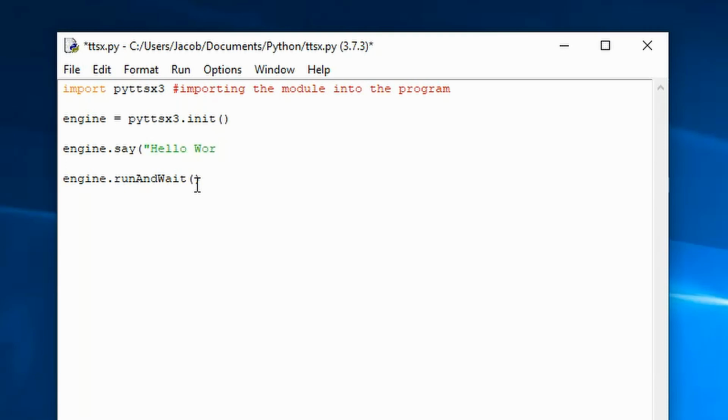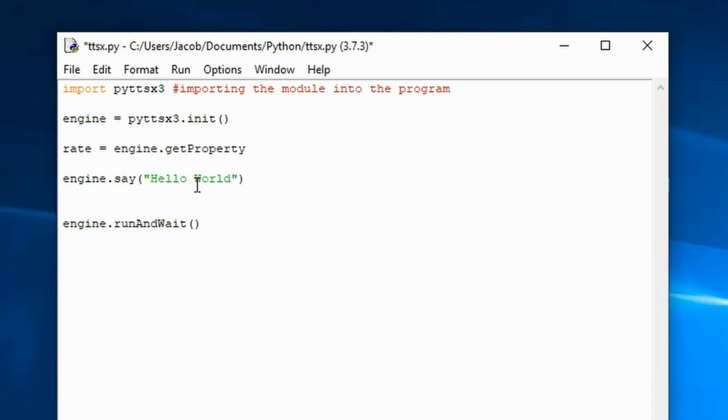That should do fine. The first thing I want to do is declare what the rate is actually referring to. Now, for the rate and the volume, you do not need to put in this line, and I'm going to explain that in just a minute. However, for now, we're just going to type in